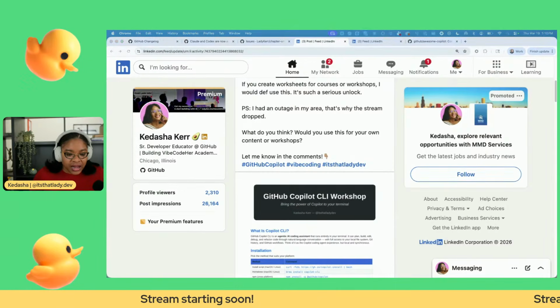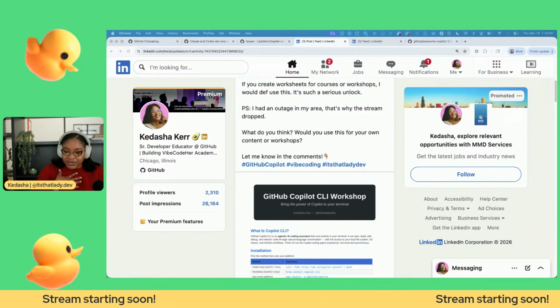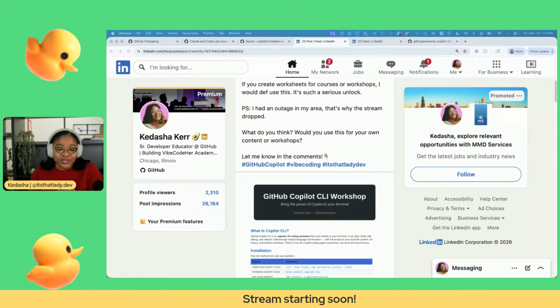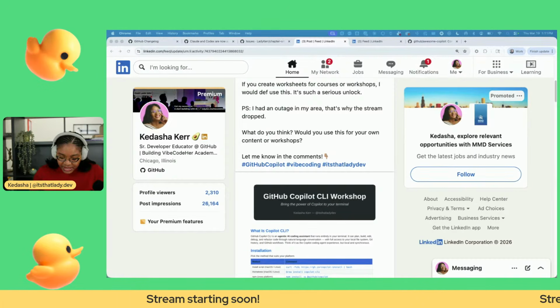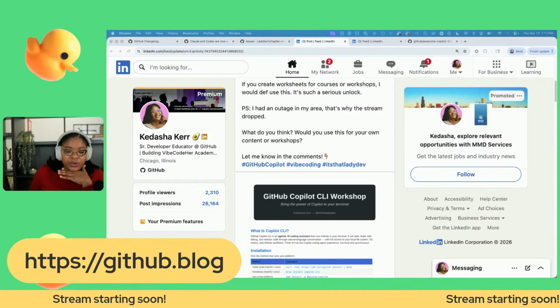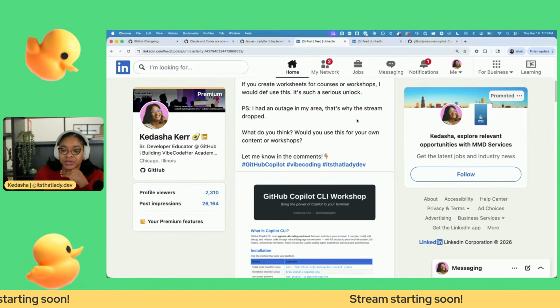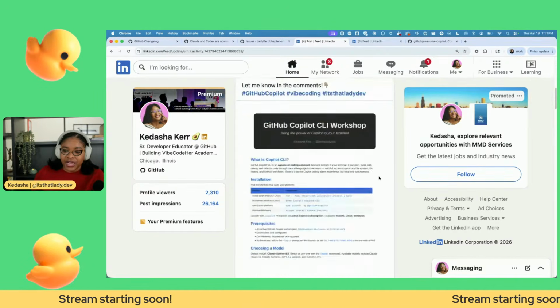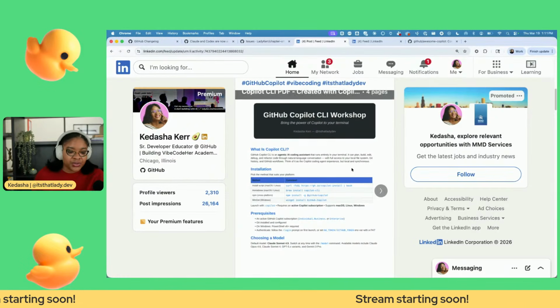And that also taught me that I need to post more practical implementations of how to use Copilot CLI. So here is the PDF, how to use Copilot CLI. So yeah, if you can click on that link, it will take you to the LinkedIn post. Otherwise, just look me up on LinkedIn, Kadesha Kerr, and you'll find this post on my page, and you can go forth and use the